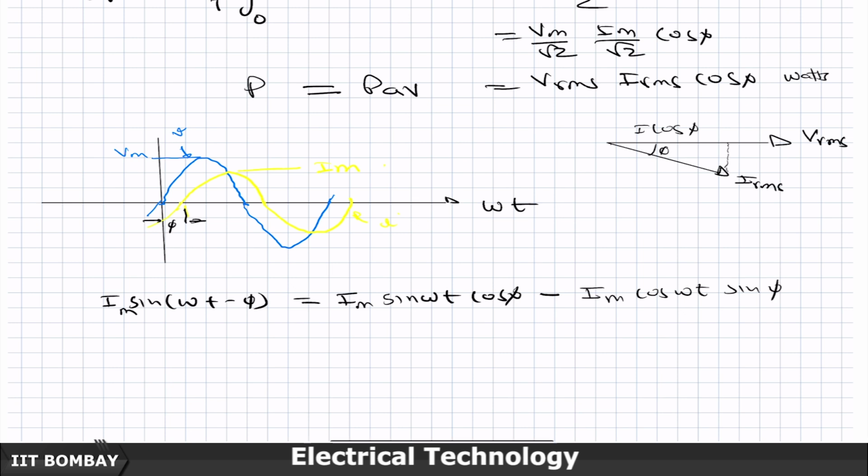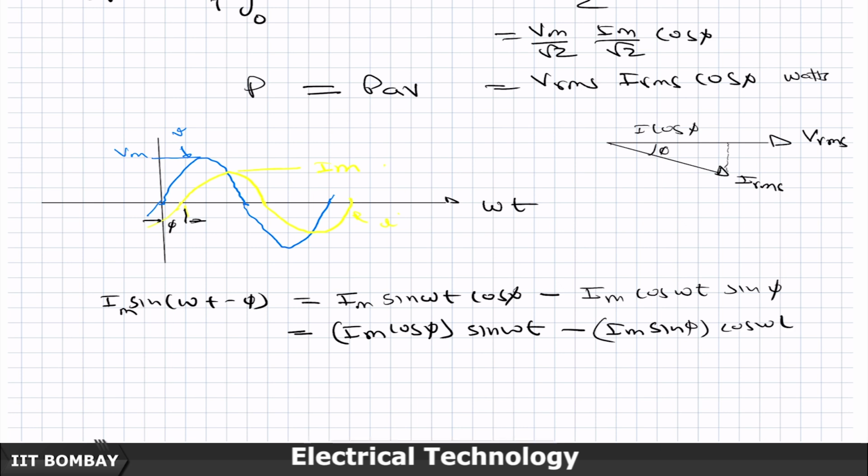So, in other words, I can write this as Im cos of phi sin of omega t minus Im sin of phi